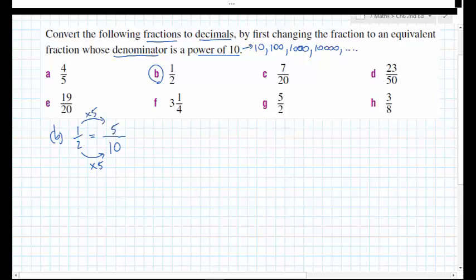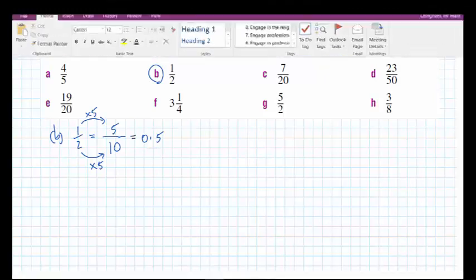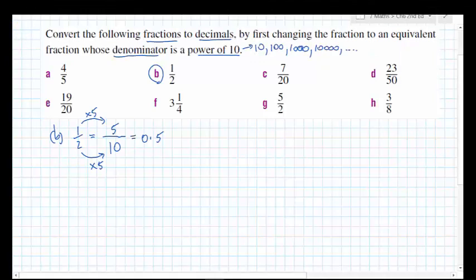So that's 5/10. And if I think of 5/10, 0. So what I do here is that's my tenths just after the decimal point, and there's 5 of them. So that's my answer there, it's 0.5. If I then have a look now at F,